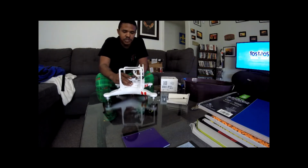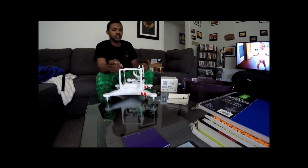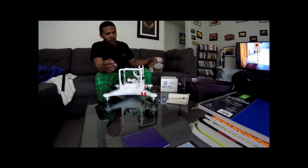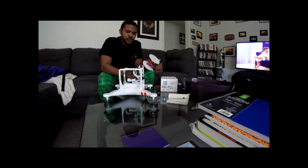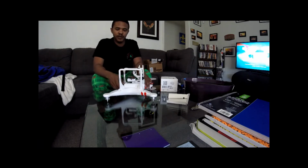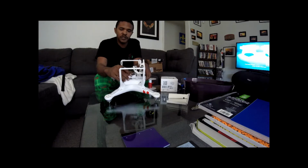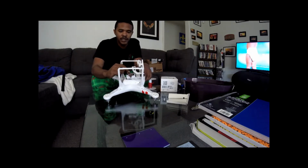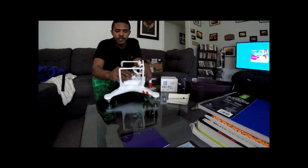Now, I'm sure as most of you know, I knew my wires weren't going to be long enough for this installation, so I went ahead and got 4 heat shrink wraps, which are these right here. I didn't know what those were before I did this as well, but you just put a little heat onto it. I just used a lighter, or you can use a hair dryer or something like that, and you scoop the wires in there, and the plastic will melt onto the wire and hold it in there